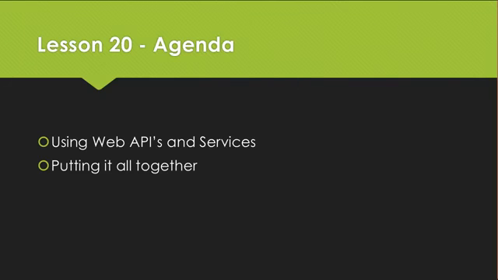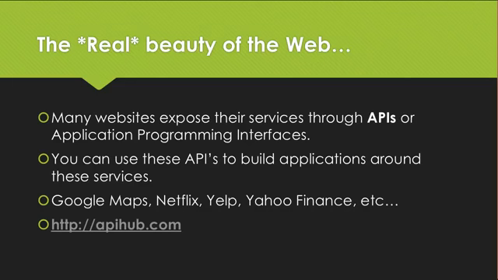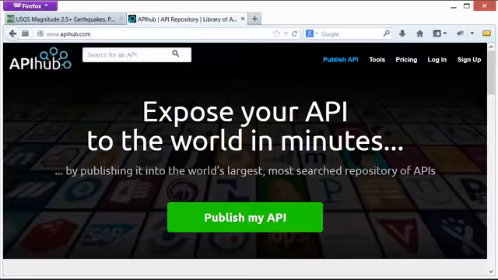putting it all together. The real beauty of the web is that many websites expose their services through APIs, or application programming interfaces. You can use these APIs to build your applications around these services. Google Maps, Netflix, Yelp, Yahoo Finance, these are all examples of APIs that people use to build their own mobile applications or web applications. There's a great website called APIHub.com, and APIHub.com is a repository of APIs that are available